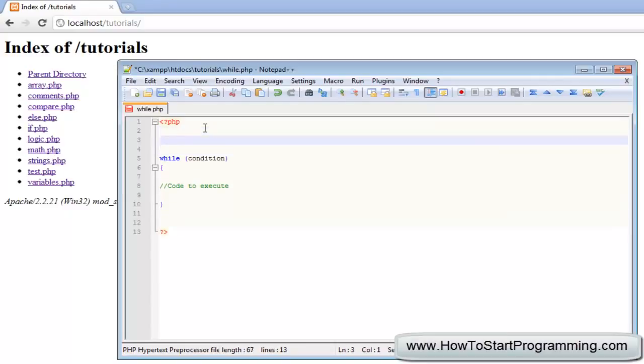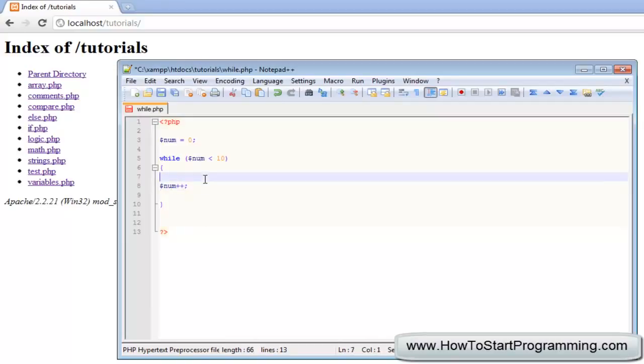So what we're going to do is create a variable, and we'll call it num, and it's going to be equal to 0. And we're going to remove this condition, and we're going to say while num is less than 10. If you remember from previous tutorials, less than is an operator which will compare this to this, just saying if this is less than 10. So while num is less than 10, we're going to do num plus plus, and you should know from a previous tutorial as well that plus plus is an increment,